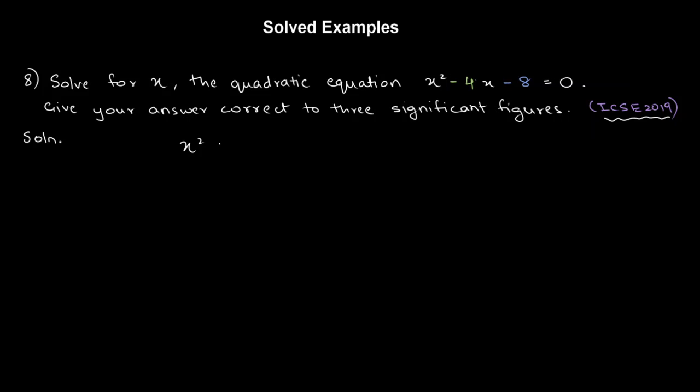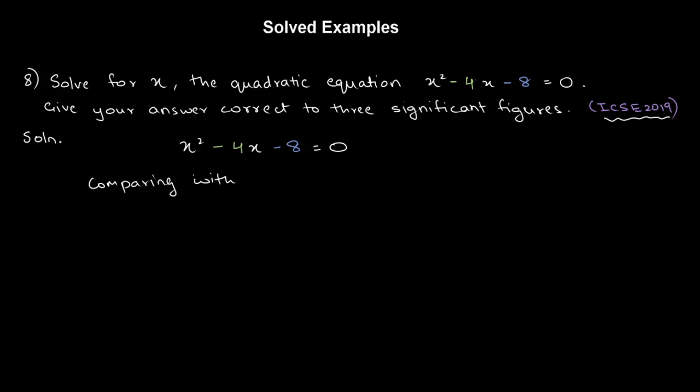And so x square minus 4x minus 8 is equal to 0. That's our quadratic equation. Now, if you may have noticed, splitting the middle term here will not be that easy. So we would have to solve this sum by using the formula. So let's start by comparing this given equation